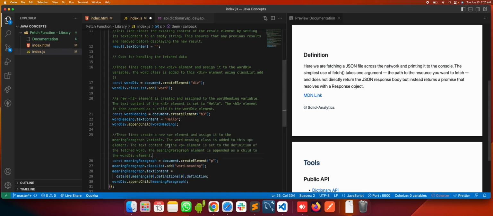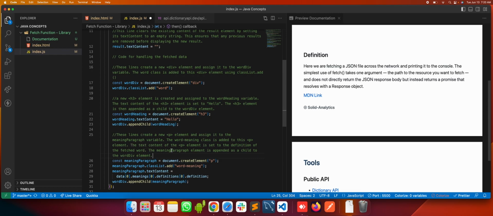These lines create a new p element and assign it to the meaning paragraph variable. So dot create element, and we create a p. The word meaning class is added to this p element. So we are adding a word class. If you have to do styling, it's better to have these classes defined.